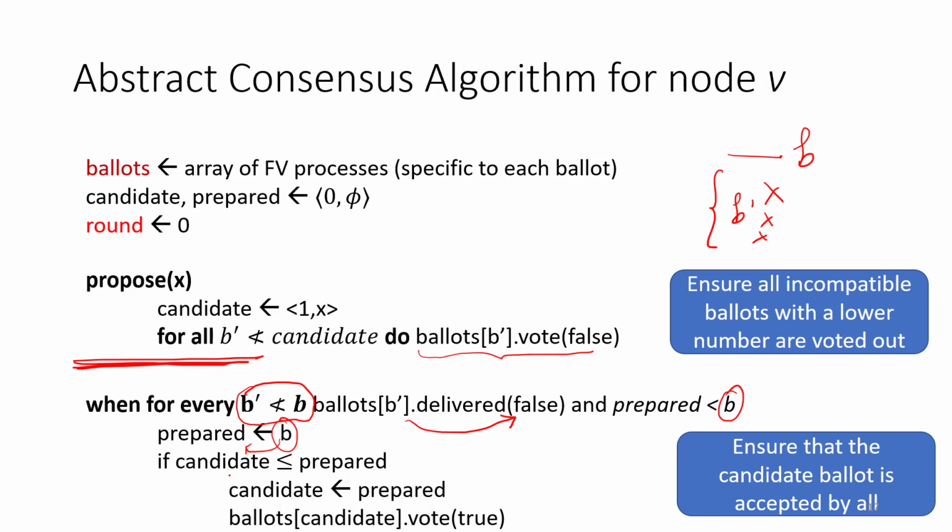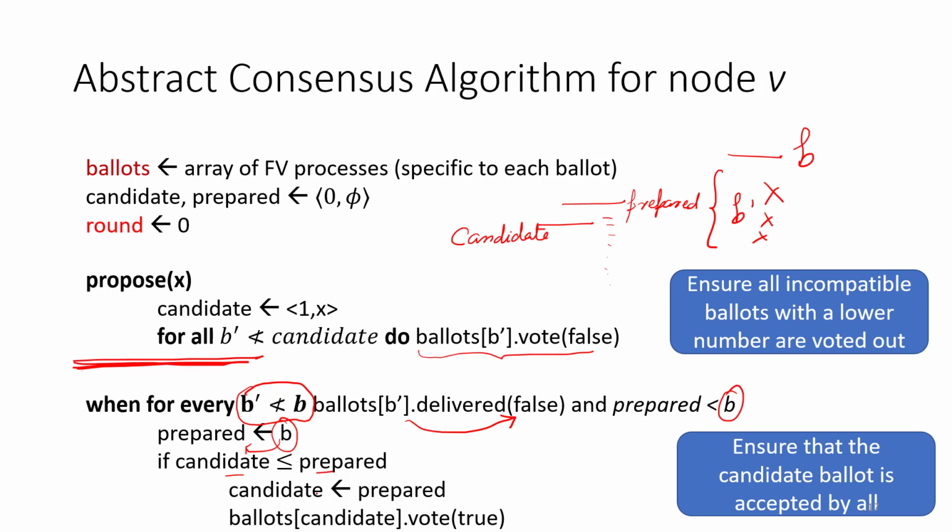And then we look at the relationship between candidate and prepared. So as long as we have prepared a bunch of ballots which are at least equal to the candidate or greater than it, then we are fine, then it's a valid candidate, which means the candidate is good to go. Because if this is the level of the candidate, the round, and if this is the level of prepared, and if less than prepared, everything which is incompatible has been invalidated, then it also means that anything less than a candidate also has been invalidated, right? And basically the candidate is good to go.